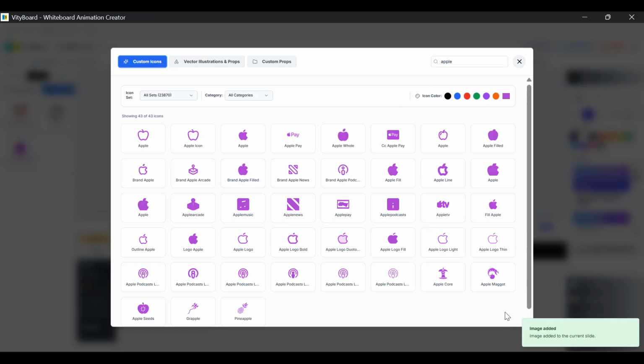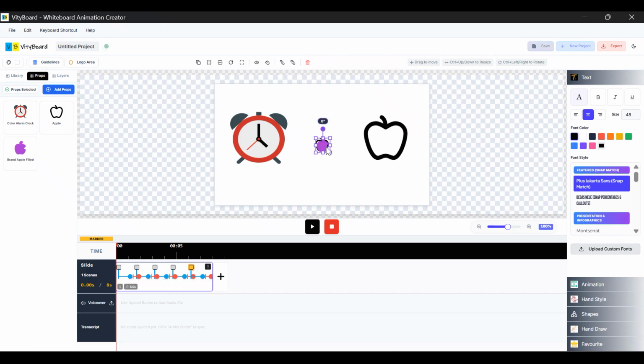I think it is not added, because you can see in the background whether it's added or not. So let me go back in here, the apple is added. I can just make it like this and make my animation, right? So